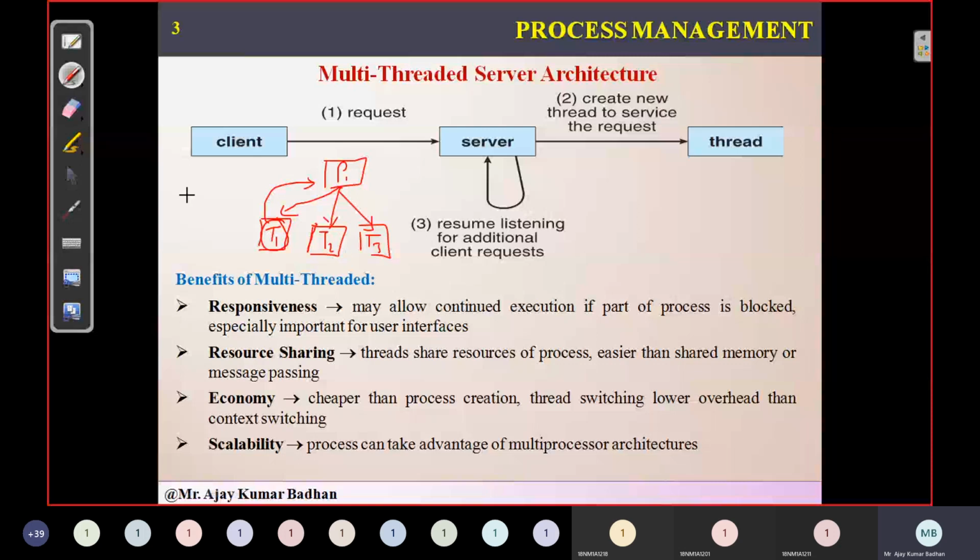Moreover, the performance of the system will not decrease when we are creating threads. This process can create as many threads as it wants. There is no limit. It can create 10, 100,000, 10,000 threads, however many it wants. There will be no burden on the system because these are lightweight processes and they perform the execution very fast, and they get back to the parent from where they were created.